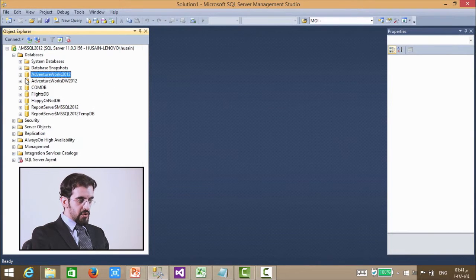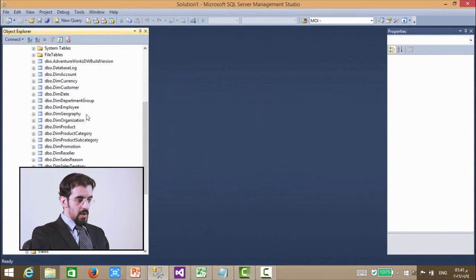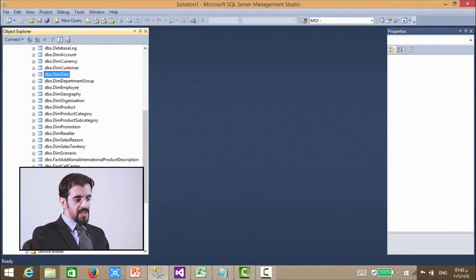But when we jump to our data warehouse, we can see two types of tables here. First is the fact table, which, like we said, will be storing the amounts, the quantifiable data here: amounts, cost, quantities. And our dimensions, which will store other data that tell a story about our fact table. So if we take, for example,